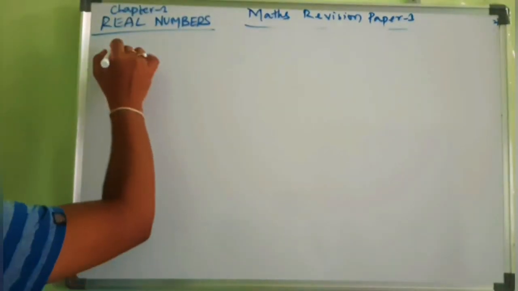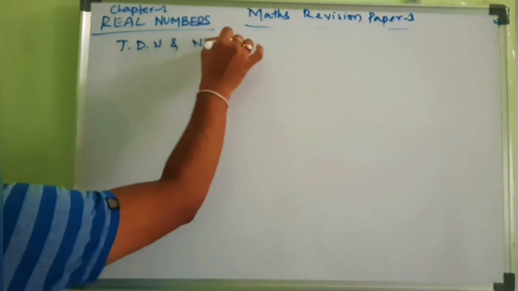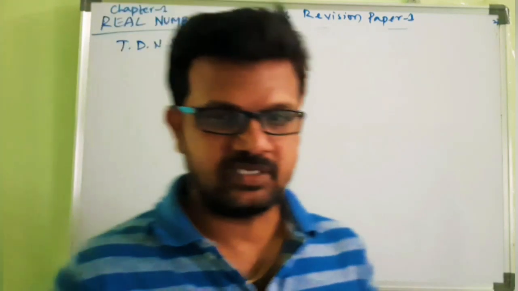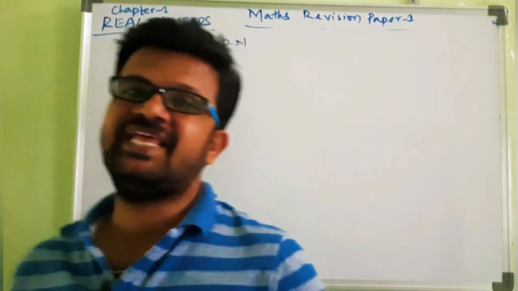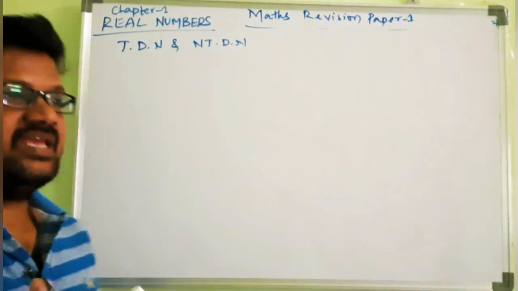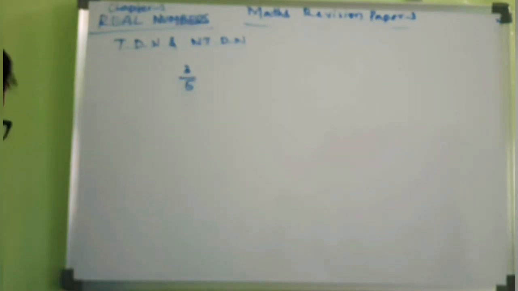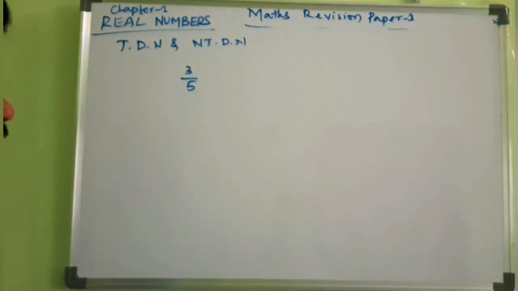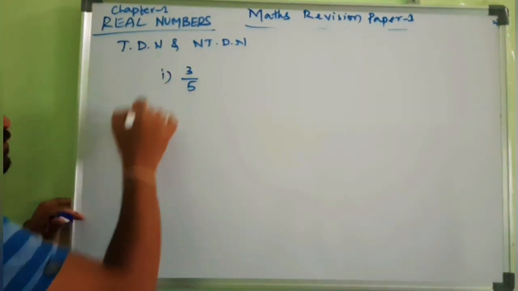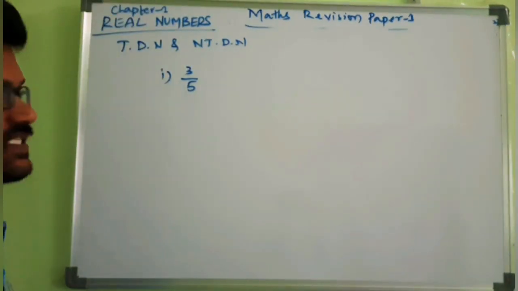Okay, terminating decimal number and non-terminating decimal number. They ask in bits. Take any rational number, for example 3 by 5, a simple example. Is it terminating or non-terminating? Without division we have to say that answer. So how to say this? Without long division we have to check whether the given number is terminating or not. 3 by 5, I will say terminating